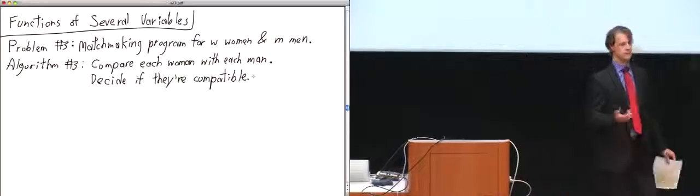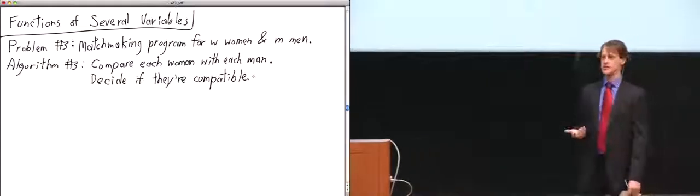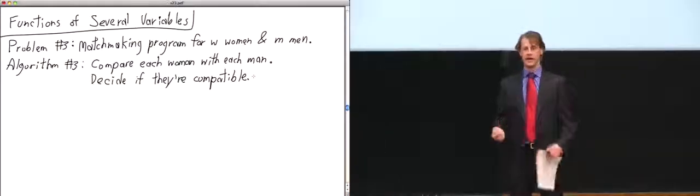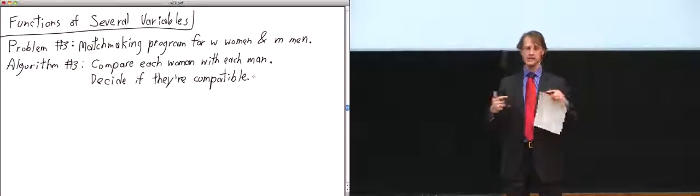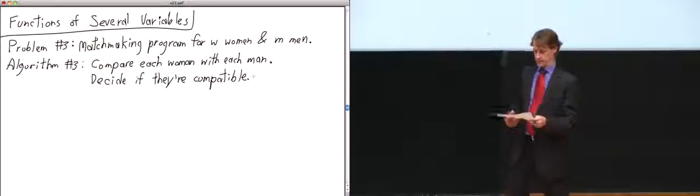I am assuming that the record that describes a person has constant size and that you can do the compatibility test in constant time. So in that case,